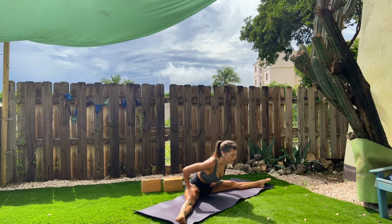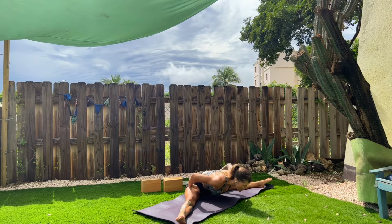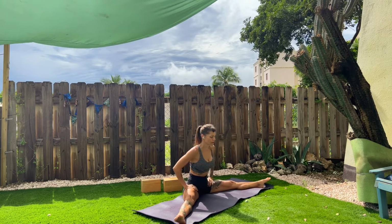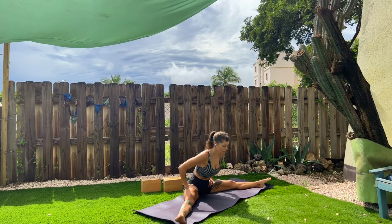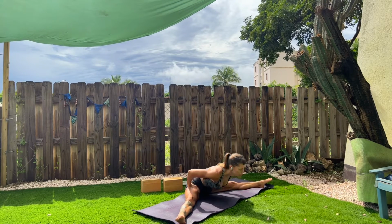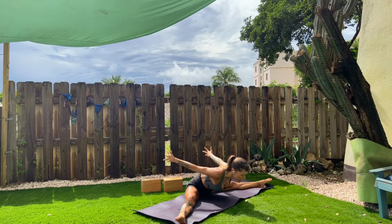It's a gradual movement and it takes training and time, so don't rush it. And then we'll do 5 more times. 5, 4, 3, 2. On this last one, we're going to release the hands from the hips, holding the position, taking the arms out behind you wide,